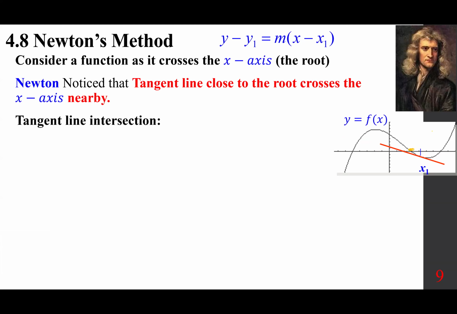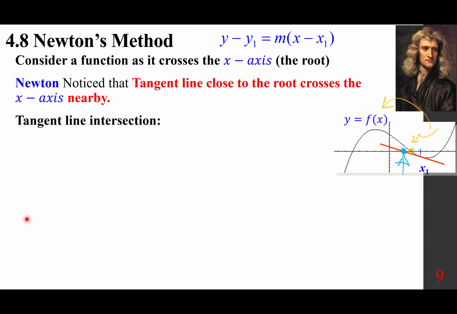so this is the root for the function f of x. This is the root for the tangent line. Are they the same? Absolutely not. But notice they are extremely close, and that's the method that is known as Newton's method, by using that